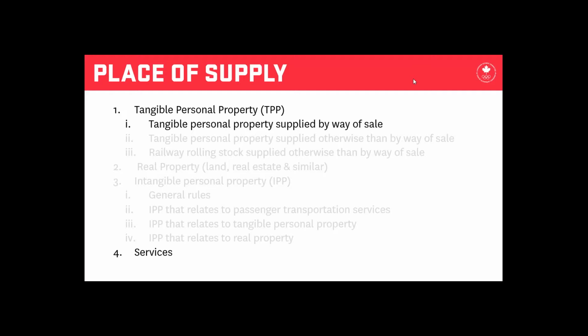Tangible personal property is one of those things that needs some definition. Essentially, it's hard goods. So anything that you can touch, feel, kick, the likelihood is that is tangible personal property, and so it really comes down to when you buy something. In our case, when we're buying something that is going to fall under the place of supply rules for tangible personal property supplied by way of sale. Sorry, when we buy something that's physical, that has a physical nature to it, that's where that's going to fall. And then